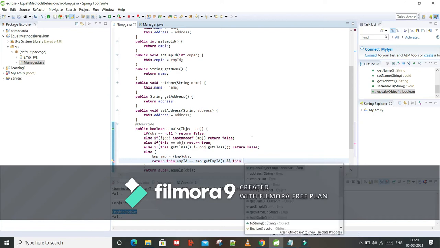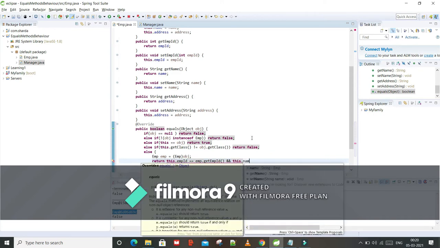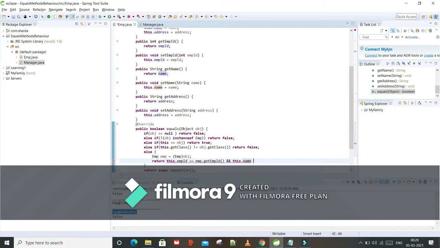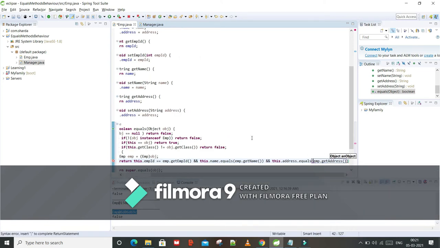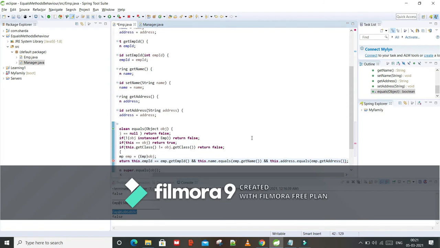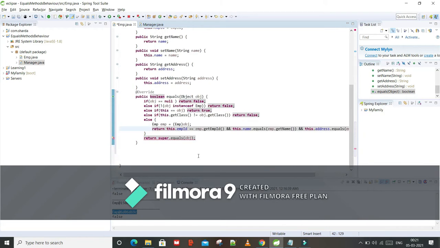For example, this dot name dot equals emp dot getName. Similarly we have address also. So this dot address should be equal to emp dot getAddress. Right.